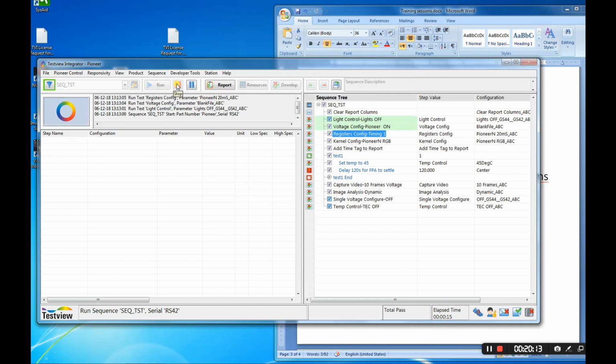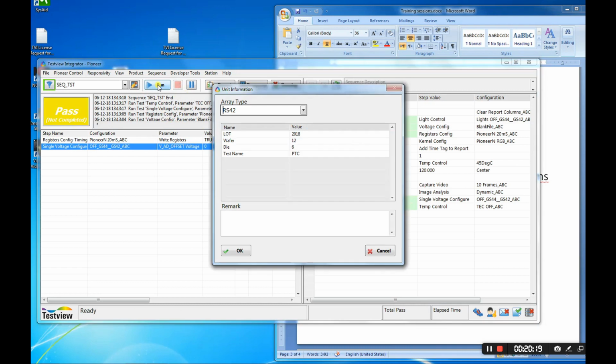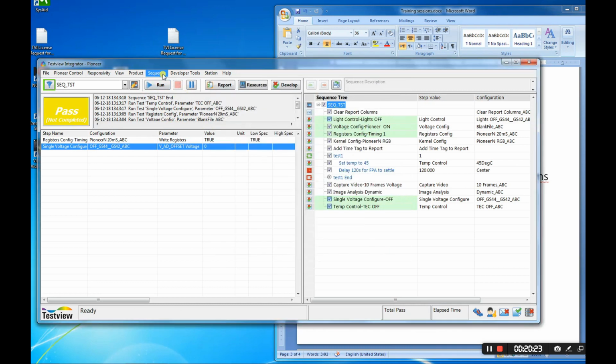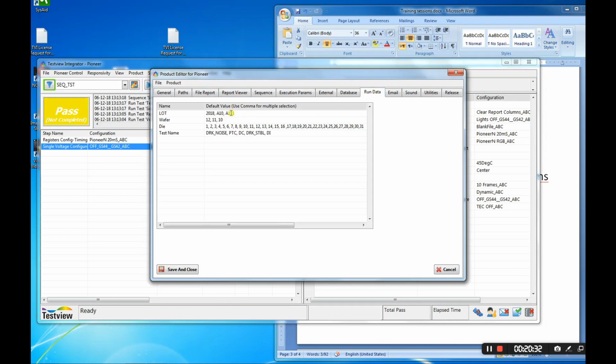I can stop the sequence by clicking here, and if we want to see where these parameters are defined, go to the product editor and run data. You can see here lot, wafer, die, test name. This is free text with a comma separator.